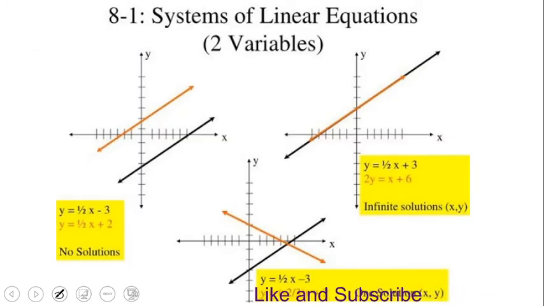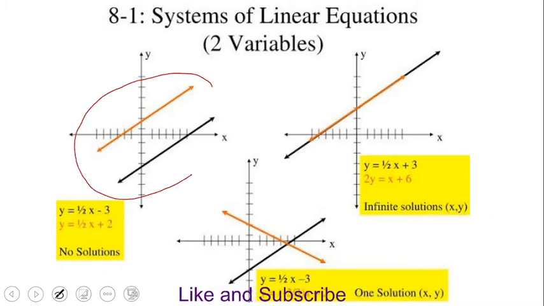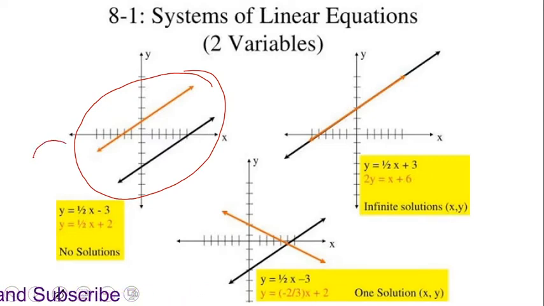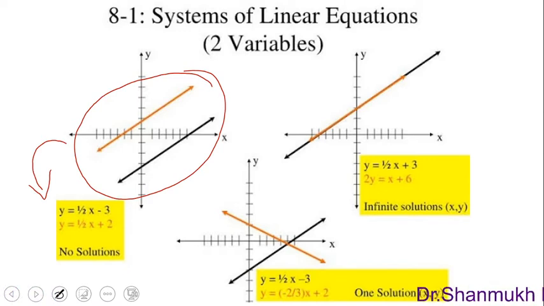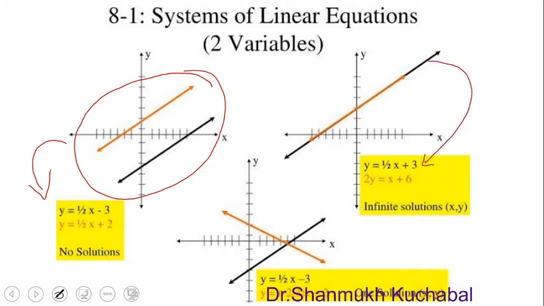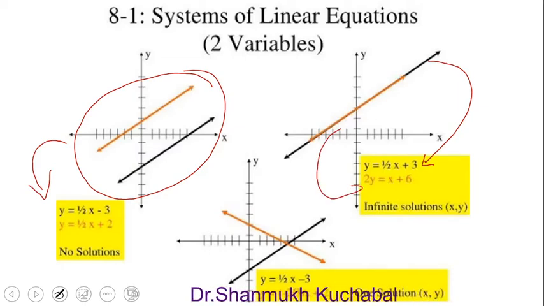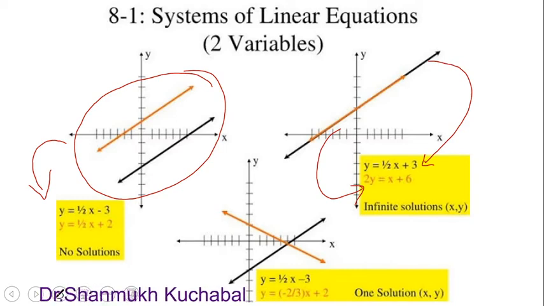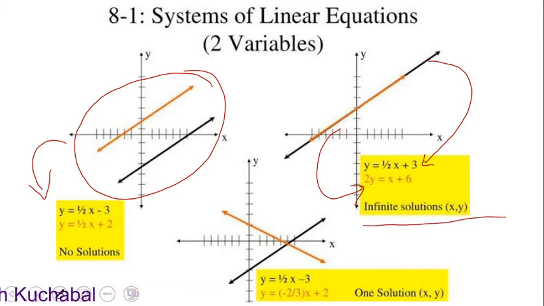So we will observe that here two lines, they are not intersecting, they are parallel to one another, then it is inconsistent, and we can say that there is no solution. And here we observe that the black color line will represent one equation, and the red color line will represent this equation. Both lines are on one another, then we call it consistent with infinitely many solutions.